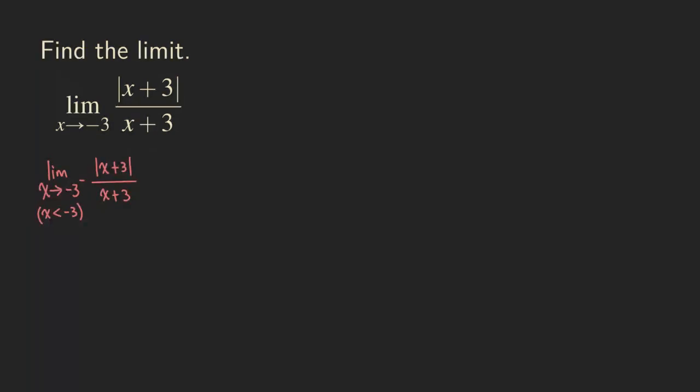And all those numbers that you take for the x value are going to be less than negative 3. And so in this case, when x is less than minus 3, what happens to x plus 3? So just think about this. When x is less than negative 3, let's actually just do some scratch work right here. X less than negative 3, if we are approaching negative 3 from the left side, that's really just taking the x values like negative